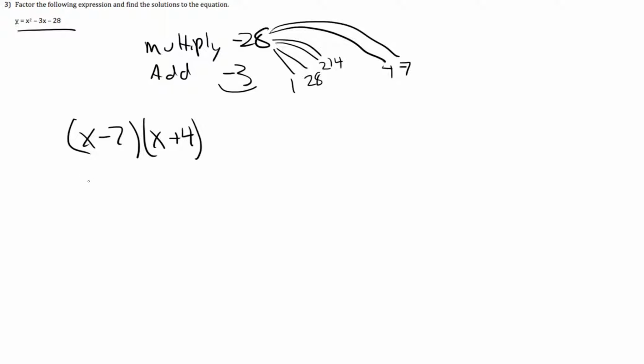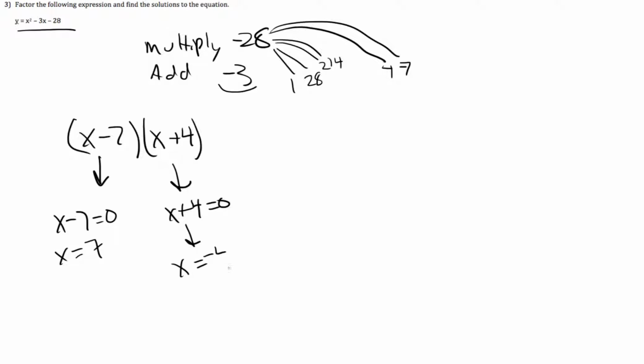Then we want to go ahead and actually write it as a product of two linear factors. Because now we can look at this and say, okay, well, x minus 7 equals 0 is going to be 0 when x equals positive 7, and x plus 4 equals 0 is going to be 0 when x equals negative 4. So those are our two solutions, x equals 7 and negative 4, because of the zero product property,